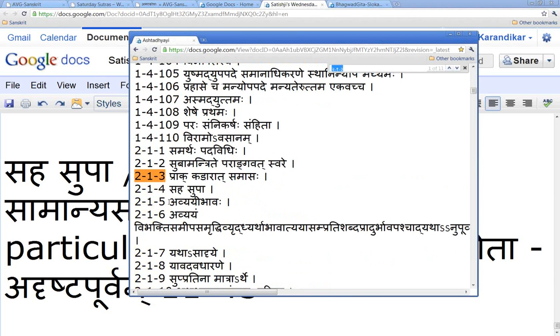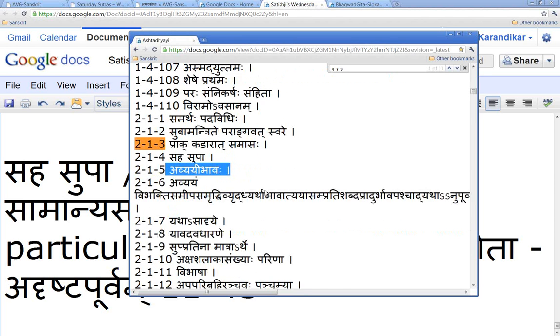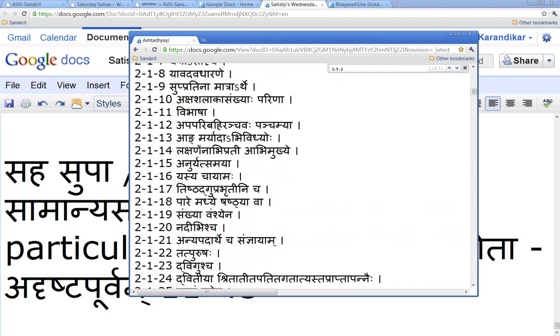Now, Avyayibhava starts from here. Avyayibhava compounds start from 2.1.5. This should be clearly in your mind. For the rest of the next year, you're going to be looking at this every class. So from 2.1.5, Avyayibhava. Why every class? Because when you have to form any compound, the Samasa Vidhayaka Sutram has to be in Dvitiyasya Prathame or Dvitiyasya Dvitiye Pade. There's no other way to justify a compound. You have to find some sutram in 2.1 or 2.2. So your Avyayibhava starts from 2.1.5 and goes up to 2.1.21.